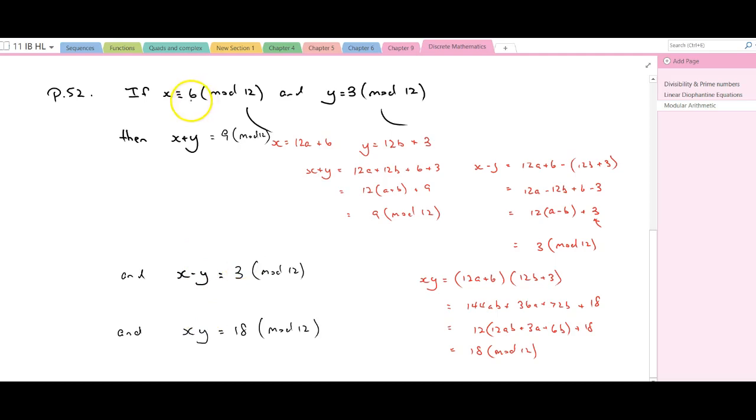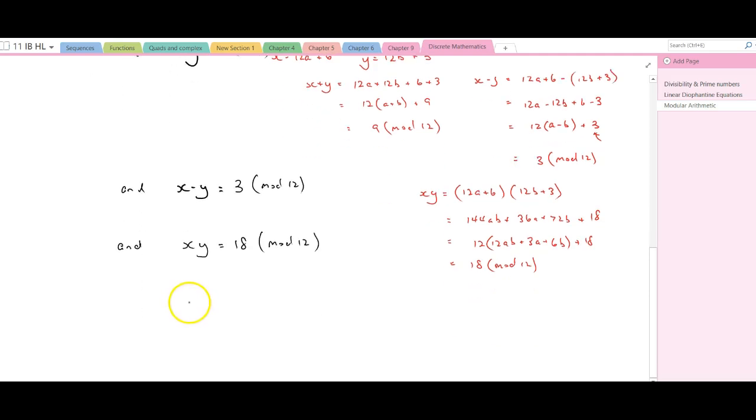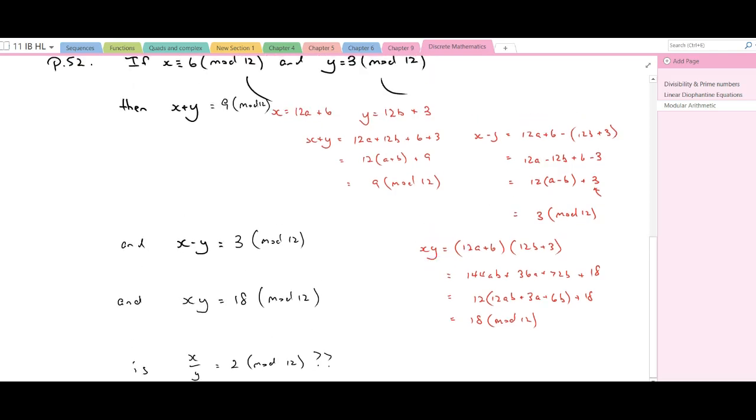4 operations. Is x divided by y equal to 2 mod 12? Is it? Right, big question mark. Is x over y equal to 2 mod 12? Well, not quite so straightforward for us to do an algebraic maneuver, but we can test on